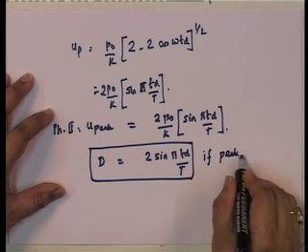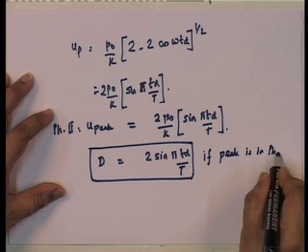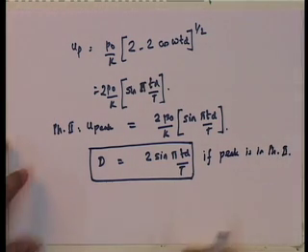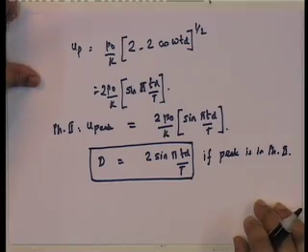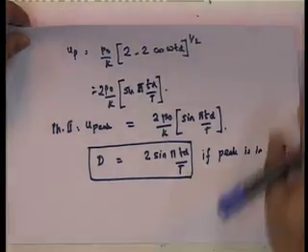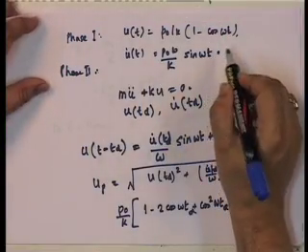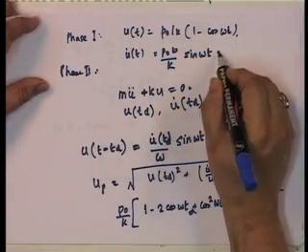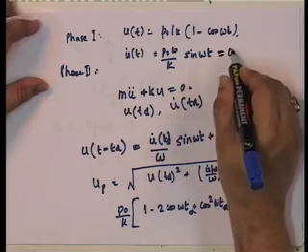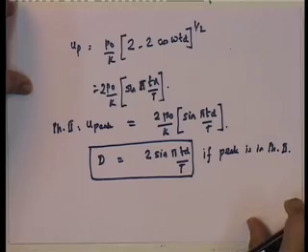peak is in phase 2. Now, let us look at phase 1. Let us look at the phase 1 displacement. Understand that for the maximum to occur in phase 1, this has to be equal to 0. Do you understand that? Okay. So, I am going to write the following: we have a situation where the peak value for the peak to lie in phase 1,